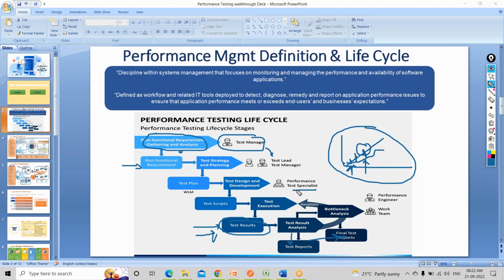Now the specialist's concern is that he has all the information with him. Now he has to develop the scenario and decide which scripts he needs to develop. Script development comes into it. This is something of an individual contribution, I would say. Individually they'll be contributing, or if it's a big project, multiple people can come into the picture. Now script development is done.